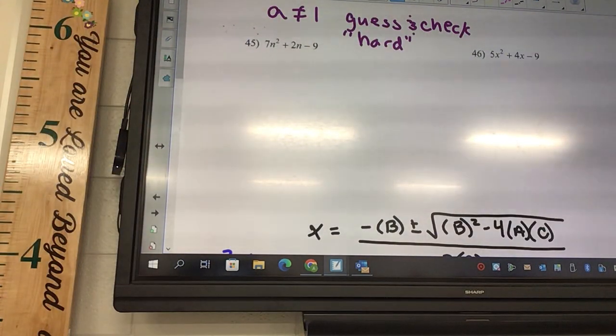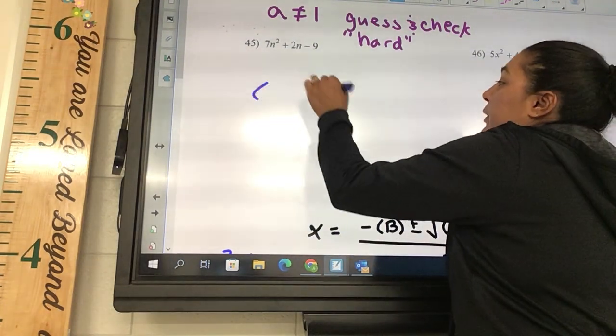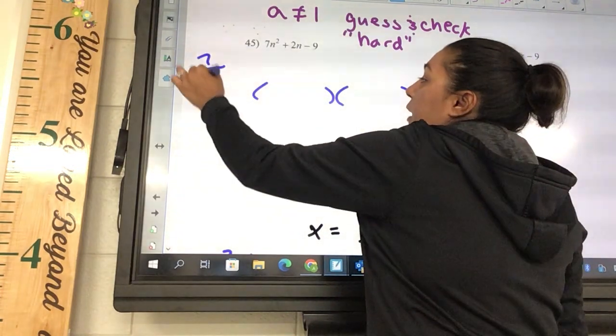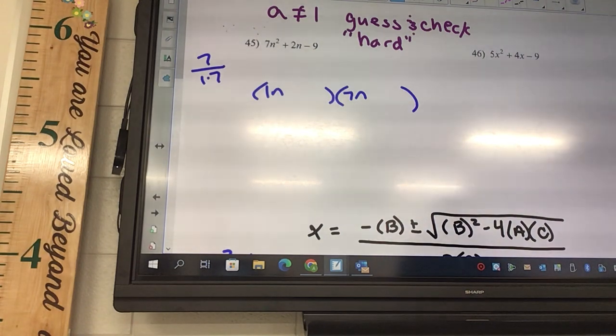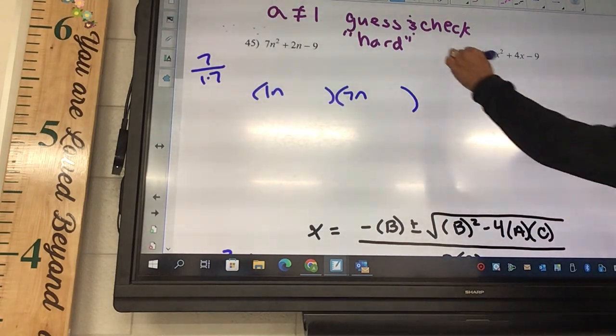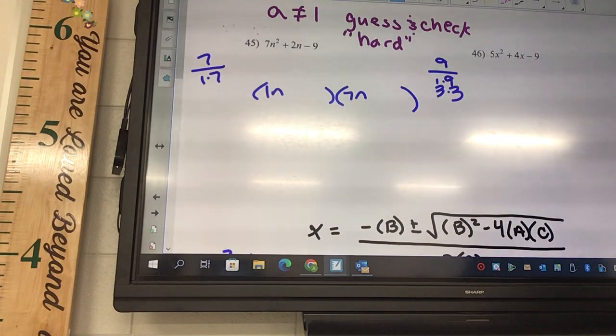Okay, 45 and 46 are the hard ones, and that's because A does not equal 1, so they're considered the guess and check method. Okay, so you're going to start off by making your parentheses. And we're going to make factors of what number first? 7. Okay, which is 1 and 7. So I got 1n and 7n. And then we're going to make factors of what number? 9. Okay, which is 1 and 9, 3 and 3. Either do that or do the engineering. 1, 2. Okay,